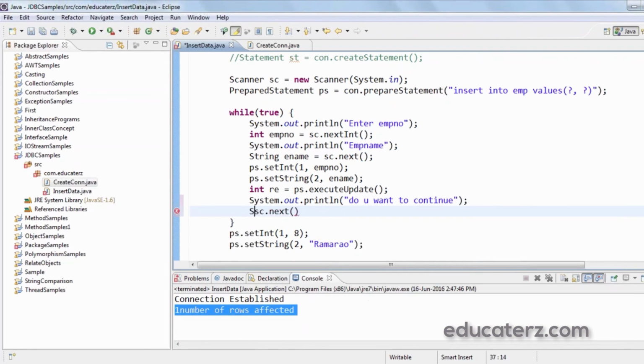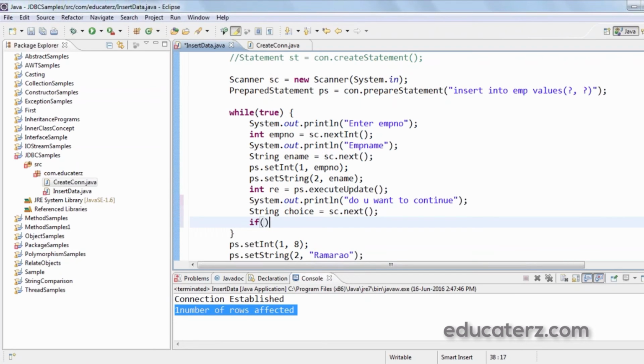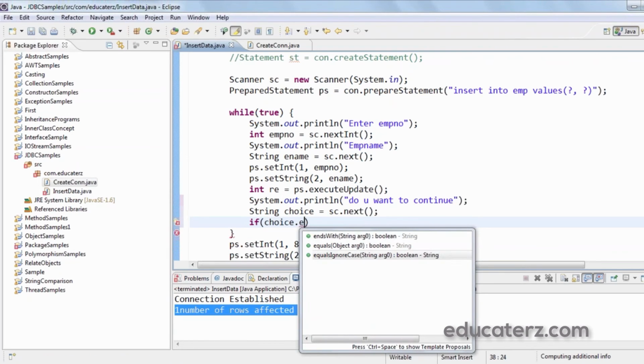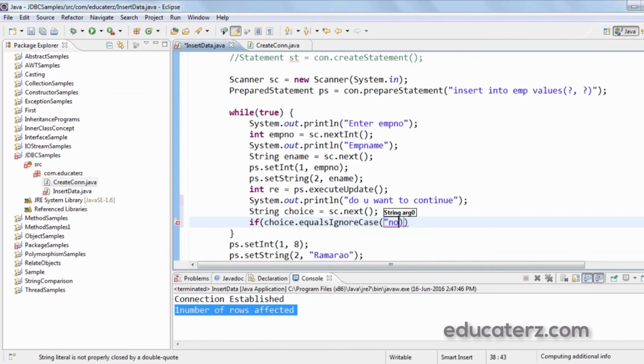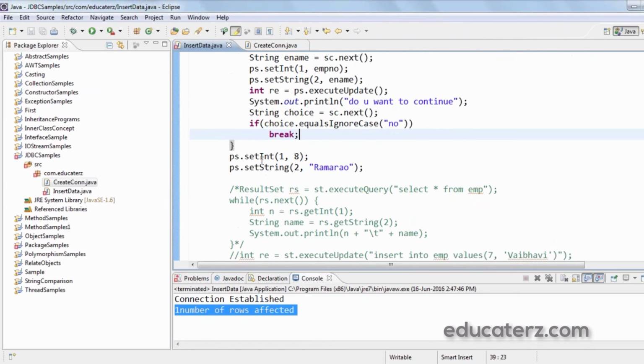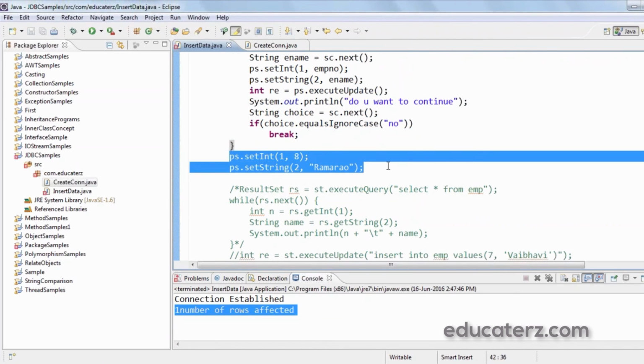Capture it in a string variable, that is String choice. Now check if choice.equalsIgnoreCase of no, if the user has entered no, then come out. Otherwise, repeat the same process. So I don't need these two statements now.